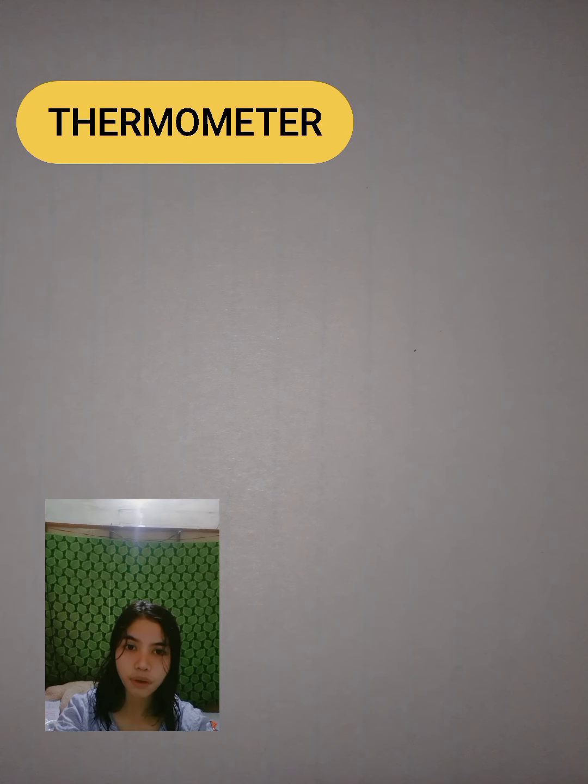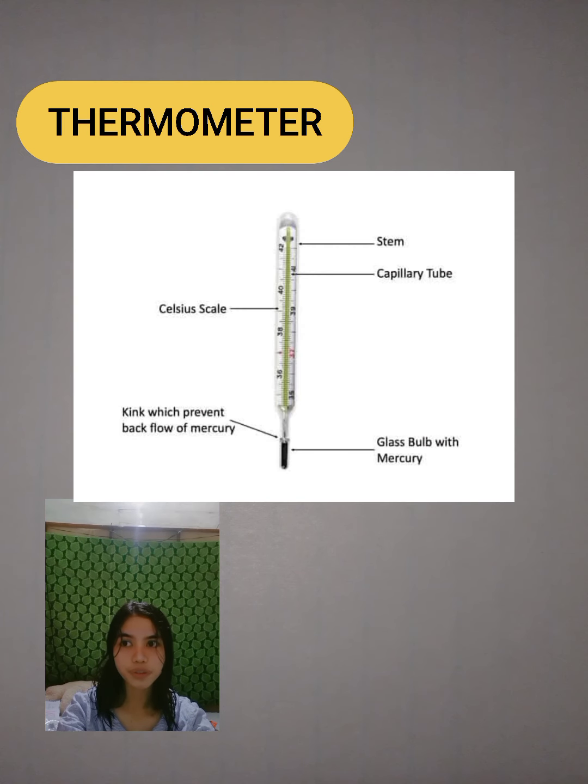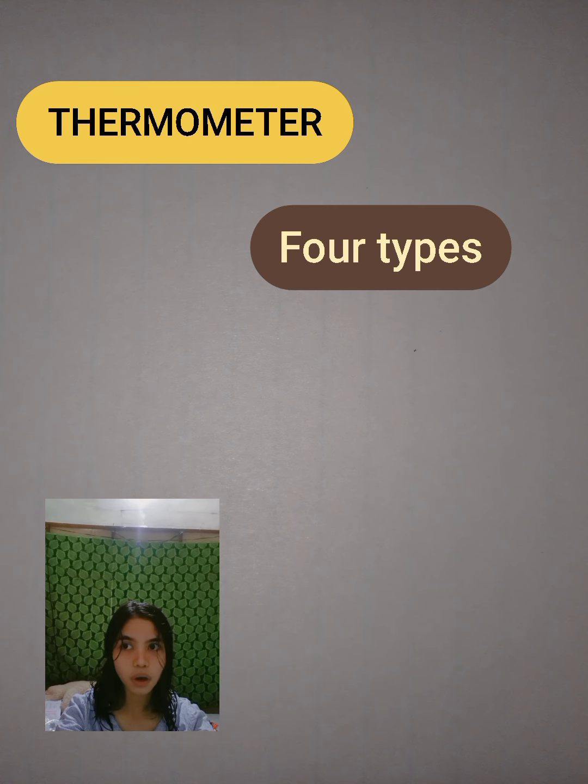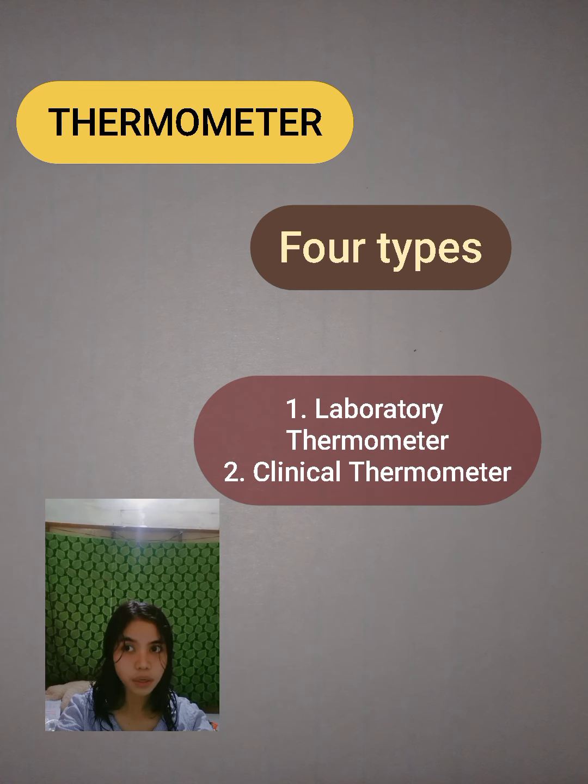A thermometer is made of a long, narrow glass tube with a bulb at one end. The narrow tube appears as a continuous silver line because it is filled with mercury. Mercury is a metal which is in liquid state at room temperature, and it really expands or contracts at the slightest change in the temperature. Hence, mercury is used in thermometers. There are two types of thermometer: clinical thermometer